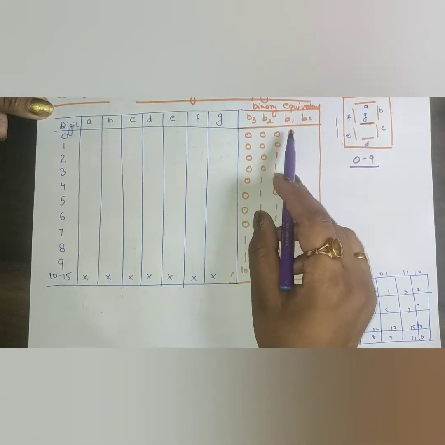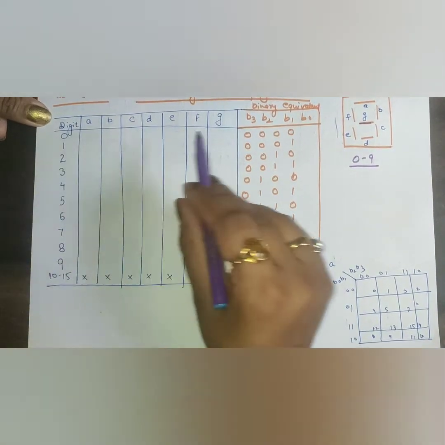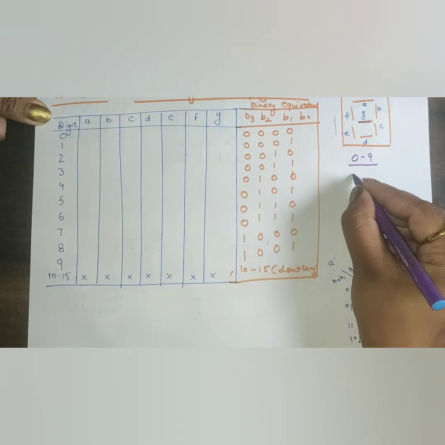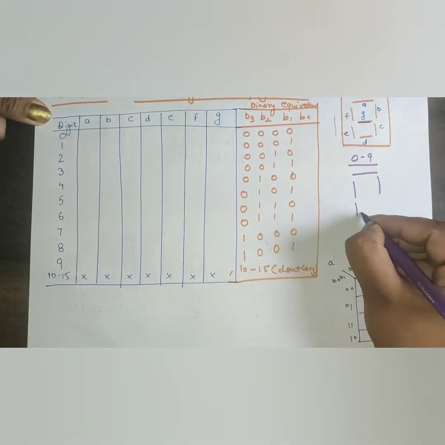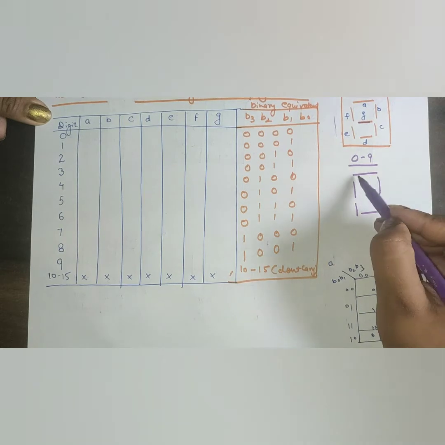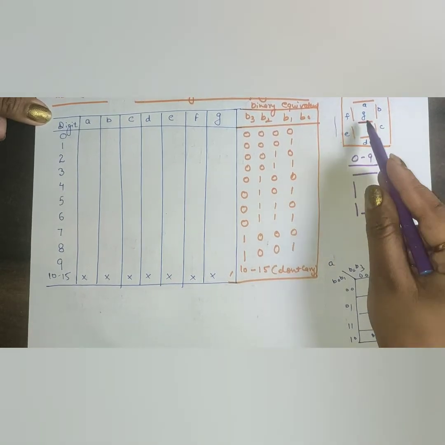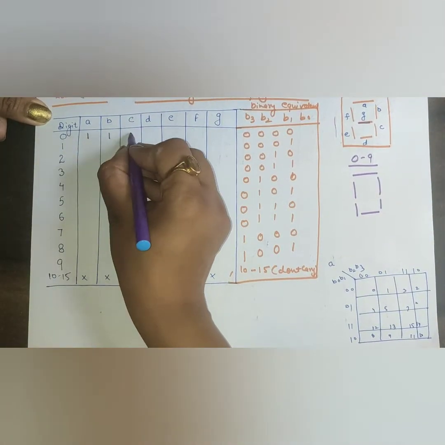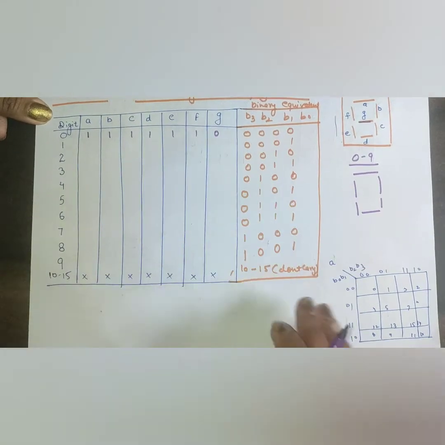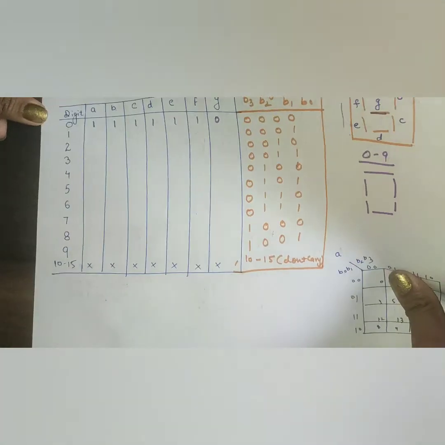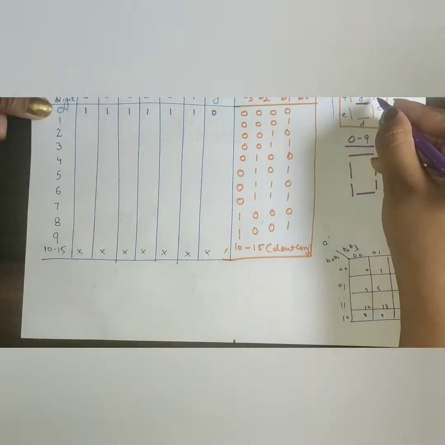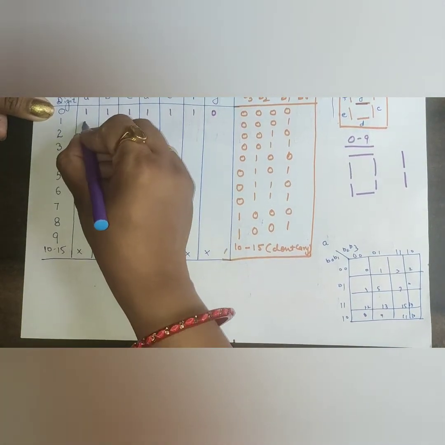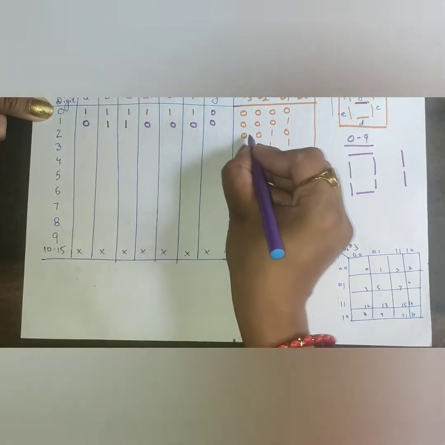Now the binary equivalent of the 0 digit is 0 0 0 0. At this condition 0 will be shown when all the inputs are on except G. That is, when G is 0 and the others are 1, so A through F are 1 and G is 0. Now 1 will be shown if only B and C are 1 and the others are 0, and the binary equivalent is 0 0 0 1.